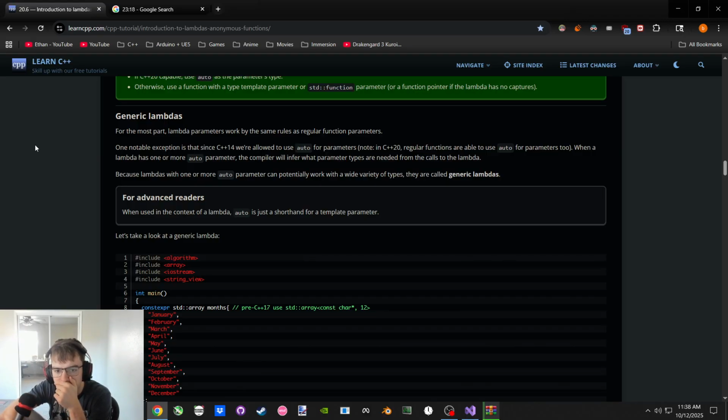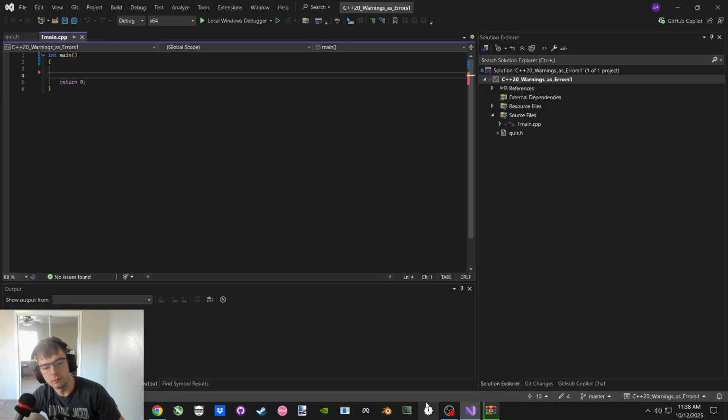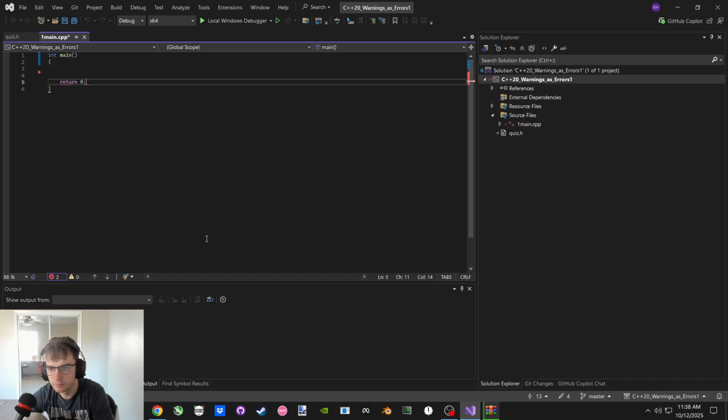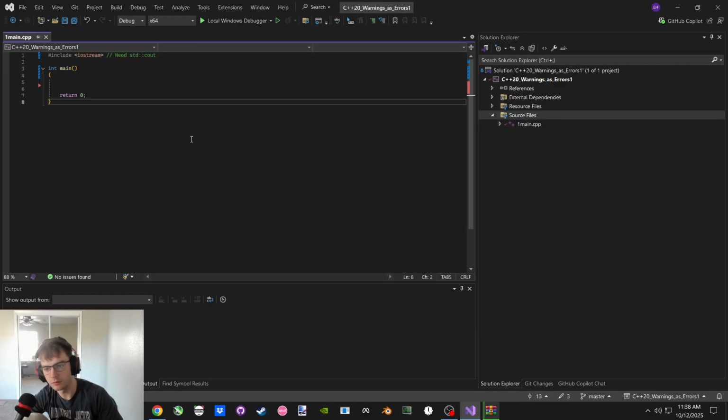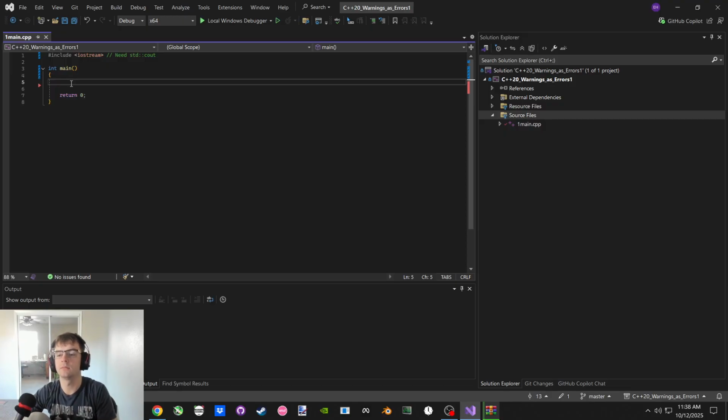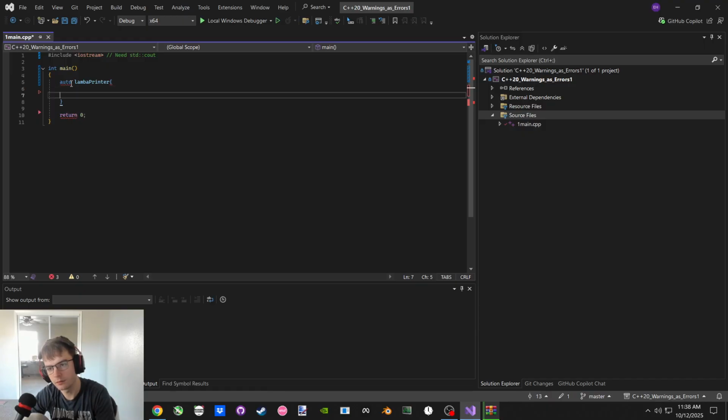Okay. These are auto for parameters. So the point is, what we could do something like, let's just say it prints. Okay. So no quiz, just new stuff for now. And then we'll say, auto lambda printer, and it's initialized with this.